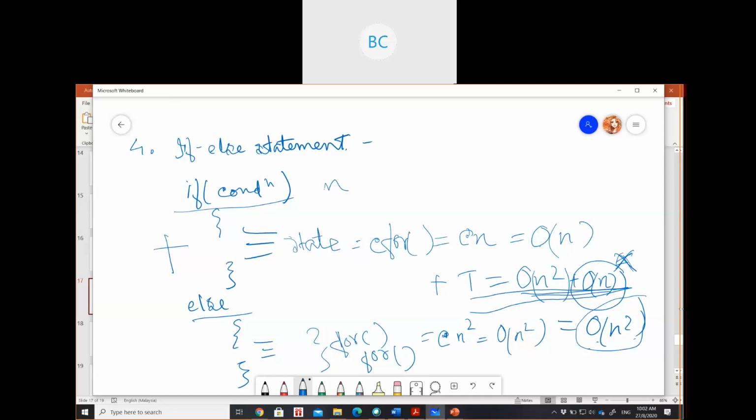Explain. Anyone? Just think why we are going to ignore this O(n) part and take only the O(n square) part.